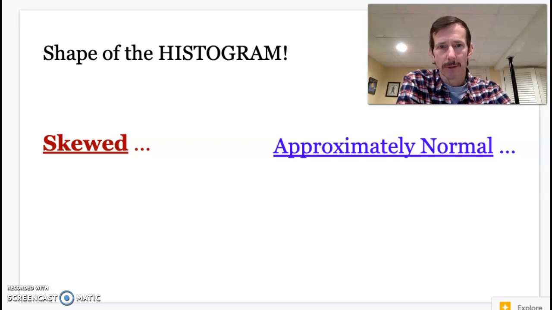All right, so here we are to part two of today. We're going to talk about the histogram a little bit more, and then we're going to talk about measures of central tendency. So again, I can't stress enough, when you have data, the most important thing is to look at